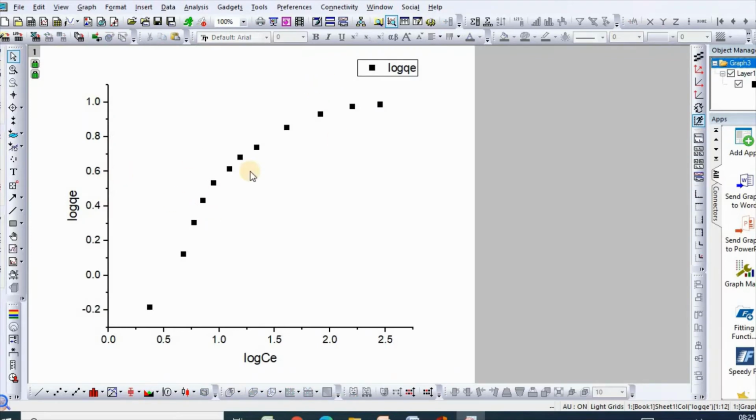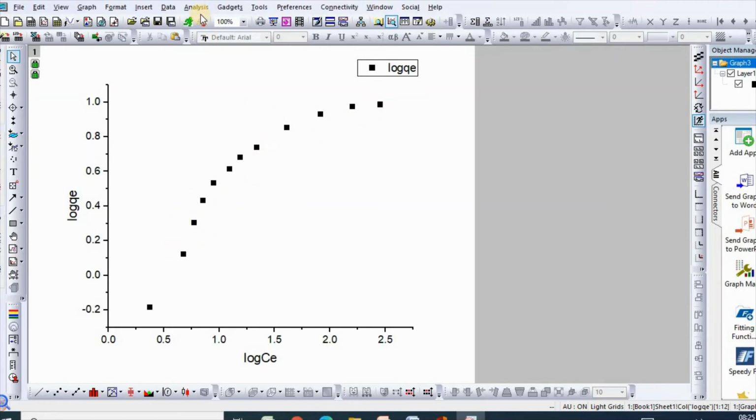So this is the log C versus log U plot. The good fit will depend on your data.